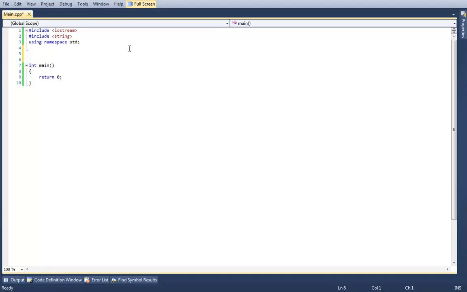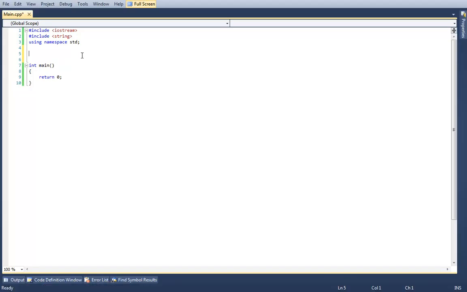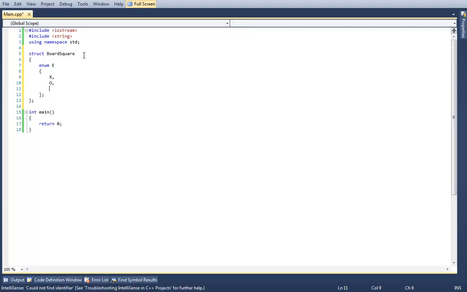So we're going to start off with a few different type stubs. We're going to start off with a board square enumeration. We're going to have a class called board with the following public members.